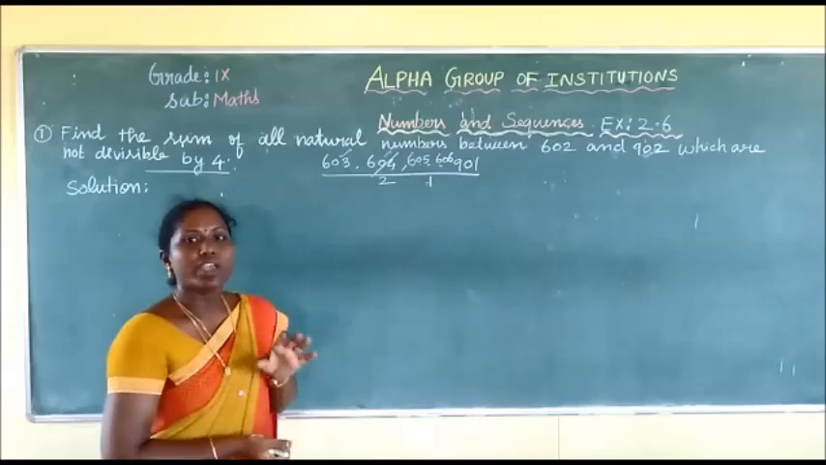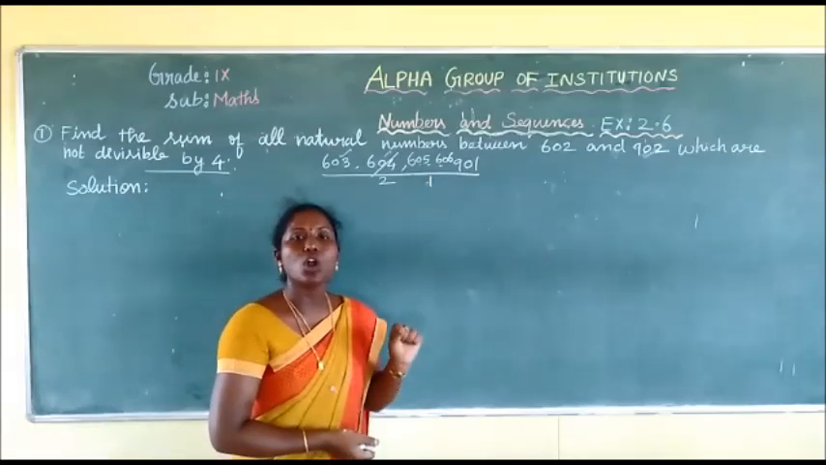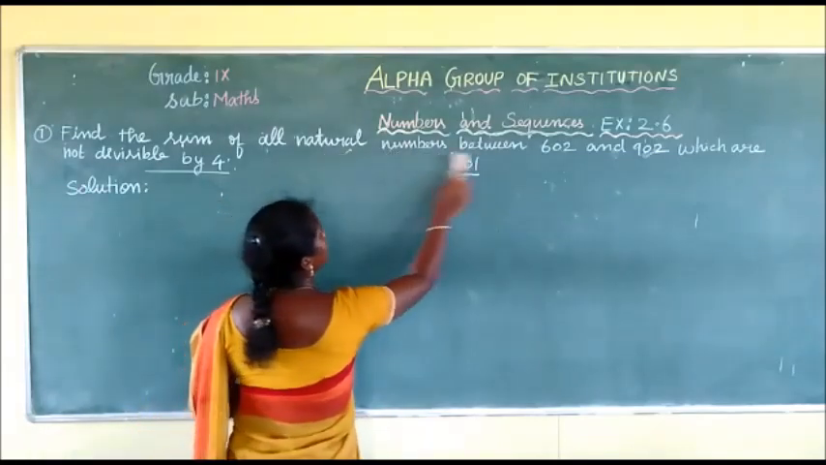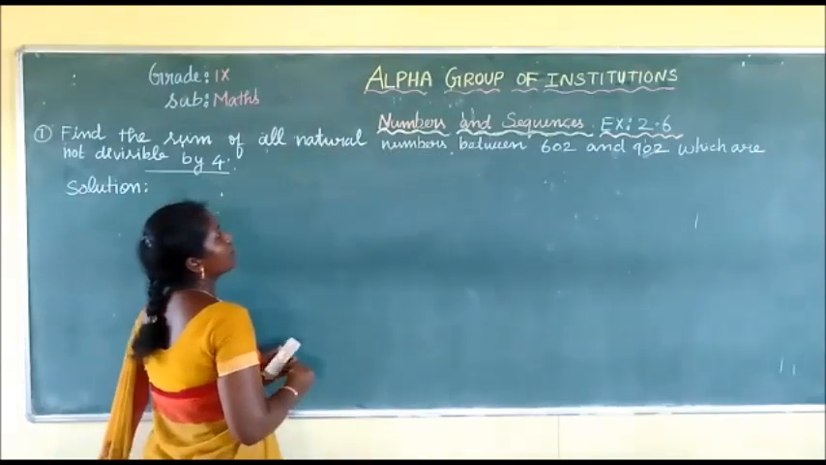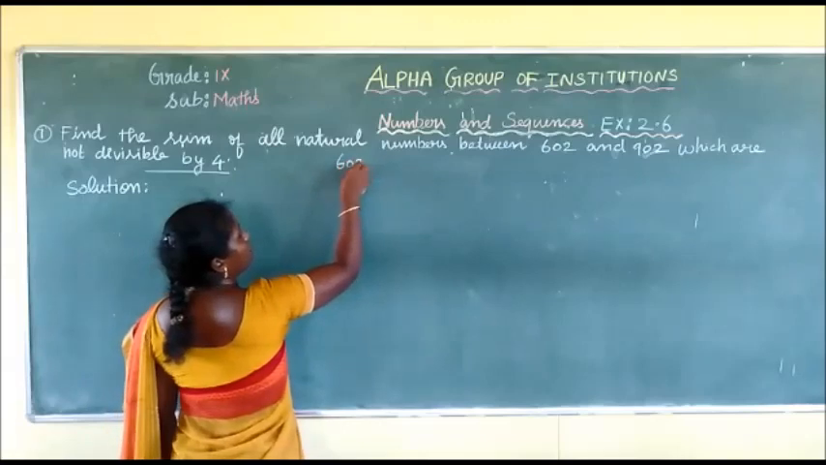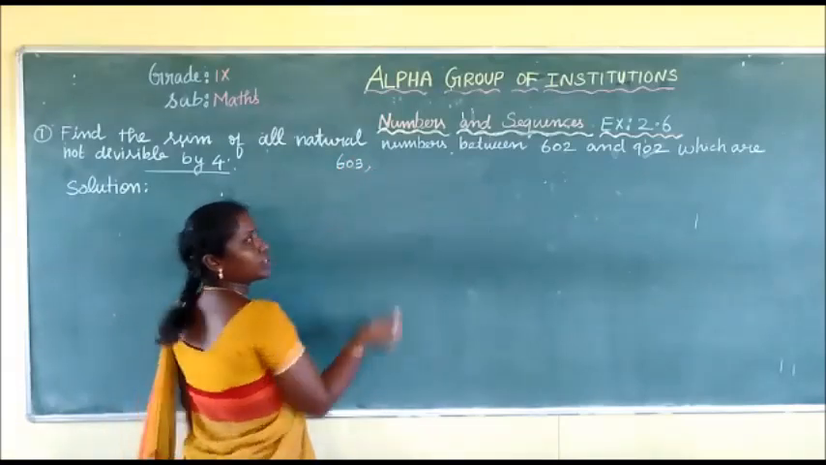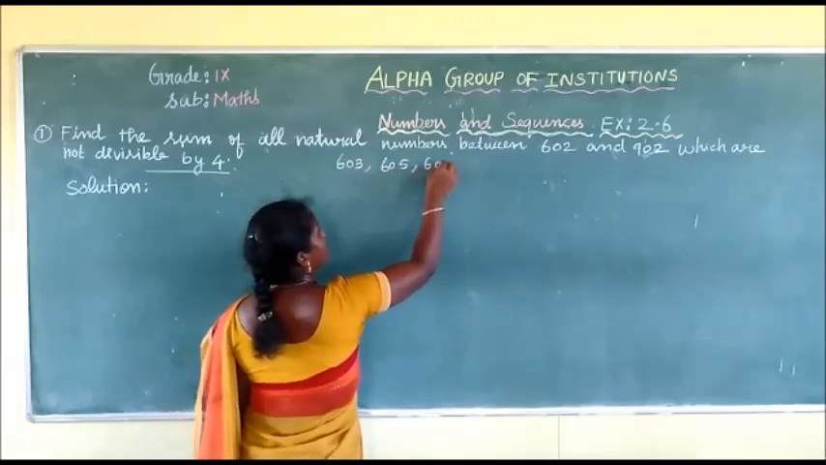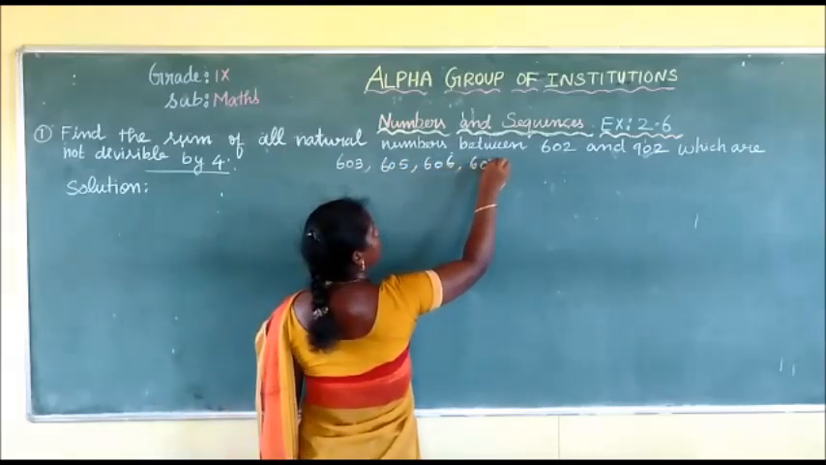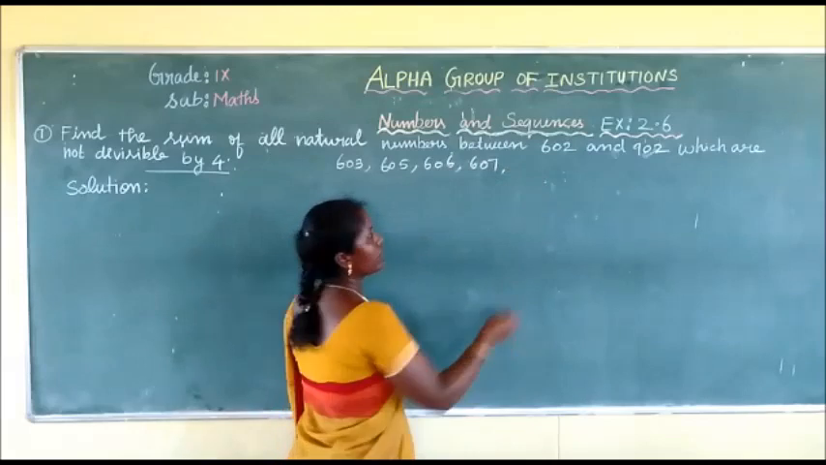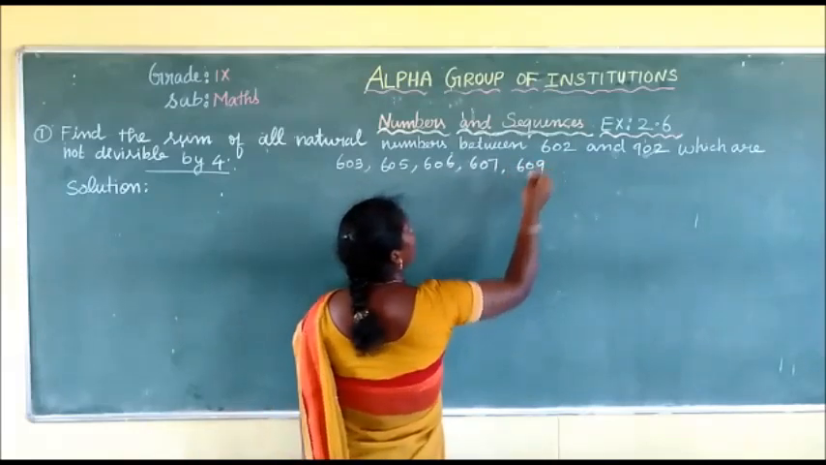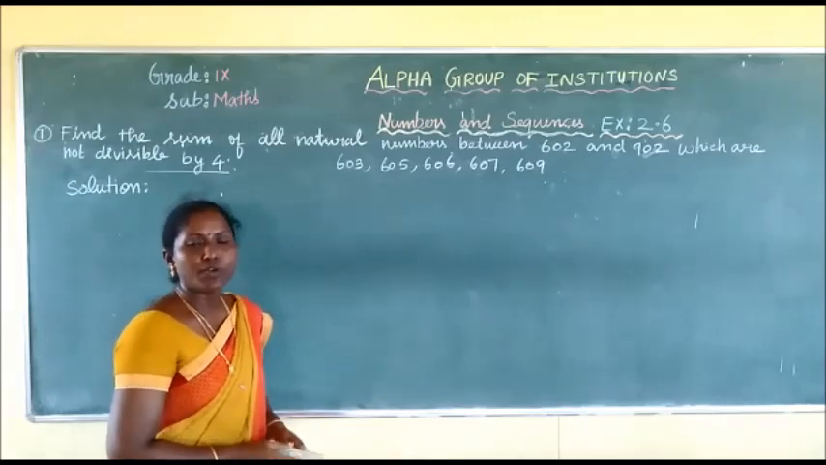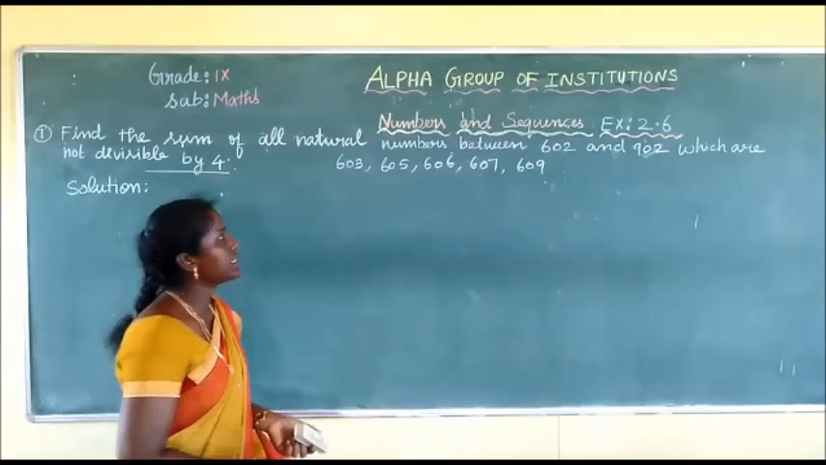So when we are picking the numbers which are not divisible by 4, see the series. 603 is not divisible by 4. 604 is divisible by 4. So next 605, 606, 607. 608 is divisible by 4. Again 609 is not divisible by 4. For example, I wrote these few numbers. Do these few numbers form an AP? No. See, because here